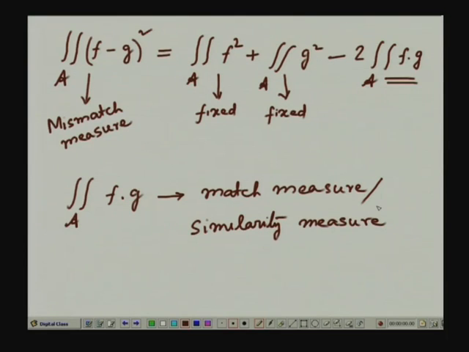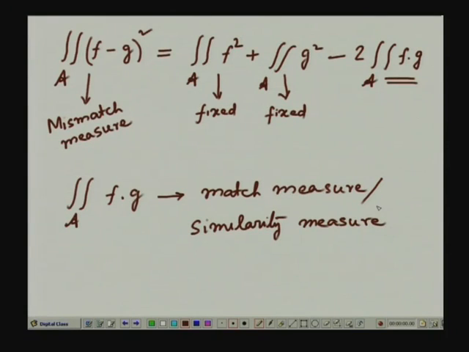So, this means that whenever the given template matches the best in a particular region, in a particular portion of the given image G, in that case f into G double integration over the region A will have a maximum value, and we take this as the similarity measure or the match measure. Now, the same conclusion can also be drawn from what is called